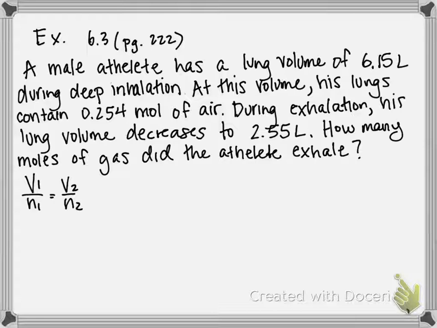So in this problem, we're going to need to find all of our different variables and figure out what we're solving for. So it says a male athlete has a lung volume of 6.15 liters during deep inhalation. So I'm going to write down V1, N1, V2, N2. So that is going to be our V1 when he's inhaling. And it says at this volume, his lungs contain 0.254 moles of air. That's going to be the mole amount at V1. So that's our N1,